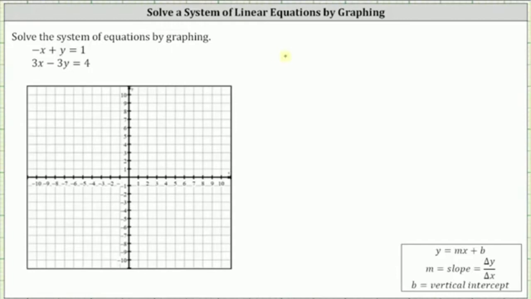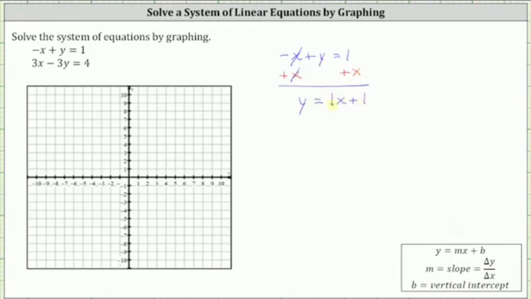So our first equation is negative x plus y equals 1. Let's go ahead and write the equation in slope-intercept form, where the form is y equals mx plus b, where m is the slope, and b is the y, or vertical, intercept. To solve for y, notice here, we add x to both sides of the equation. Simplifying, we have y equals, let's write the right side as x plus 1, or better yet, how about 1x